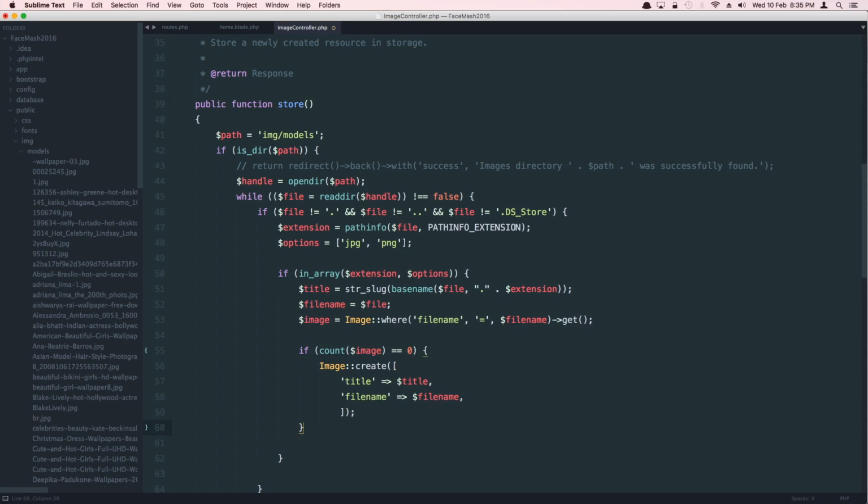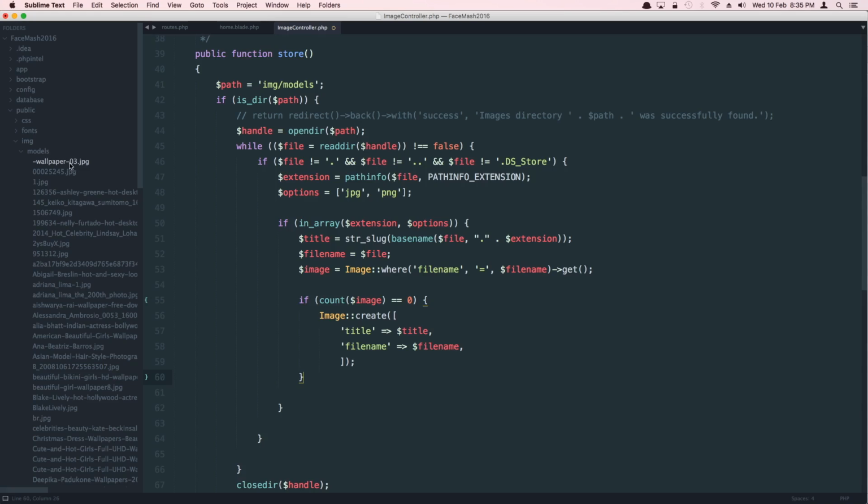But if the count is not, let's just say the image is there, it's going to read this image and check if it returns more than 0. That means there is an image. In that case, I want you to do something. What I want you to do, run another condition, and the condition is going to be basically,